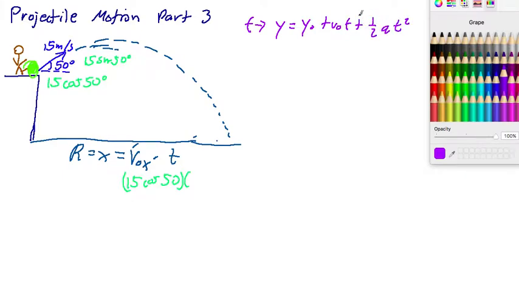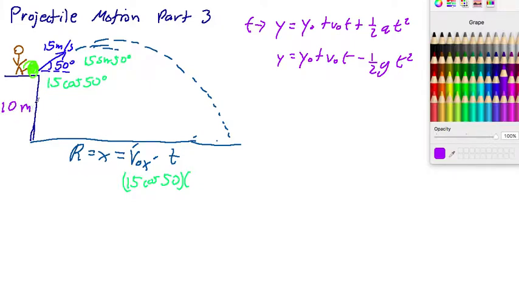Now remember, on Earth, acceleration is actually negative gravity, so this will transform into y equals y naught plus v naught t minus 1/2 g t squared. Alright, and I forgot to give us the initial height, so I'm going to say that's 10